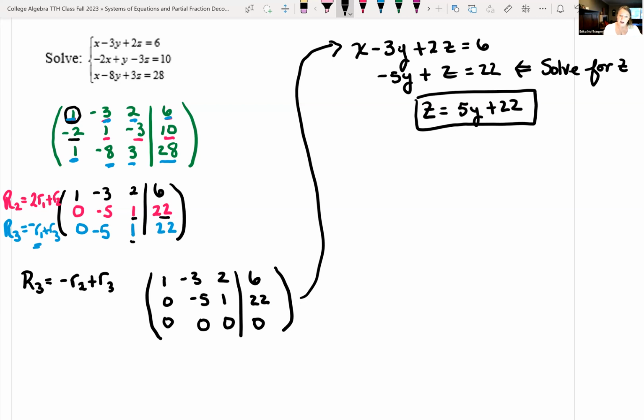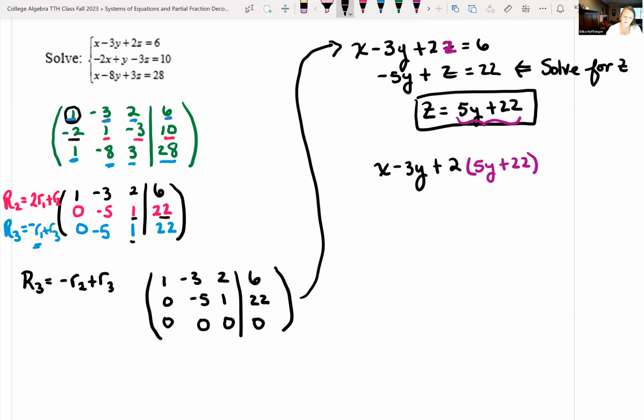So let's go up into the first equation and replace z with what we found, 5y plus 22. And so doing that, we get x minus 3y plus 2 times z, which is 5y plus 22,